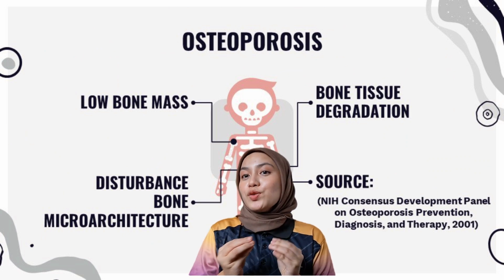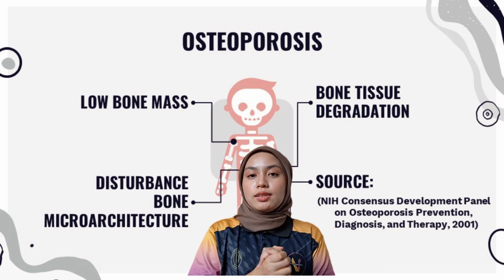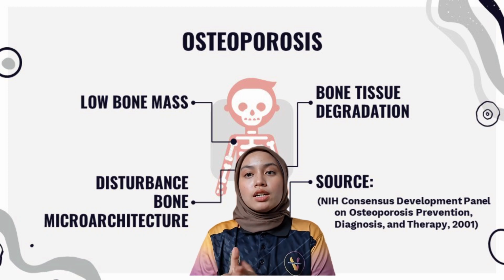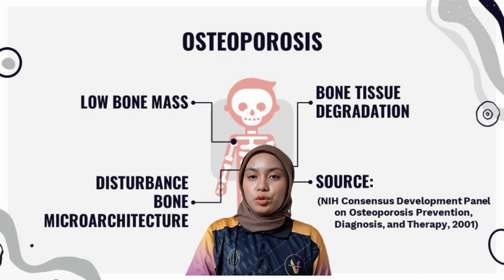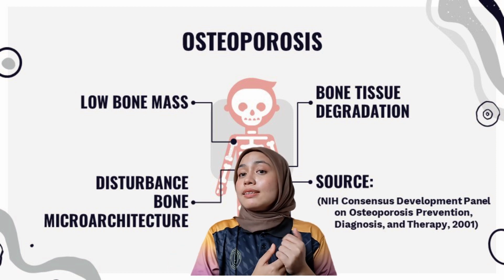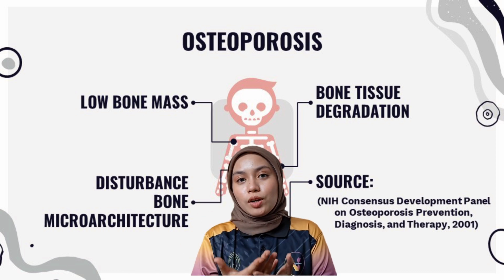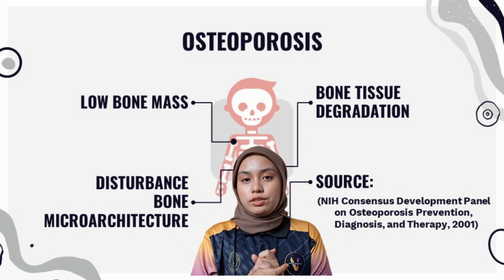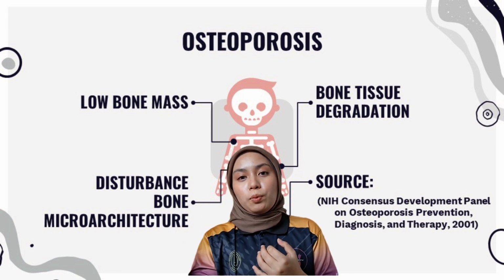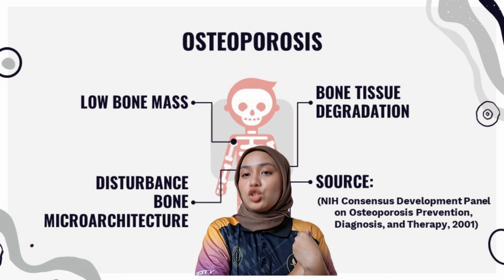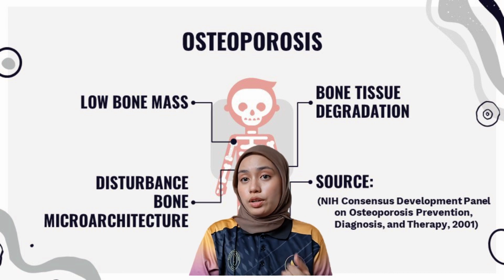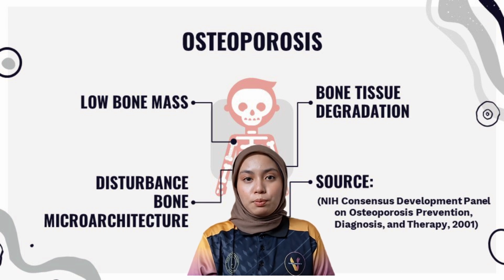In this part, I'm going to explain what osteoporosis is. Osteoporosis is a systemic skeletal disorder characterized by compromised bone strength, leading to an increased risk of fracture. It is a silent disease, often progressing without symptoms until a fracture occurs. Osteoporosis is a disease that weakens your bones. It makes your bones thinner and less dense than they should be. People with osteoporosis are much more likely to experience broken bones, known as bone fractures.